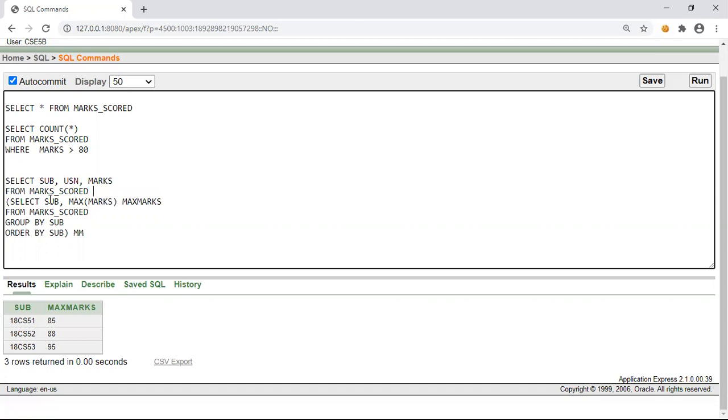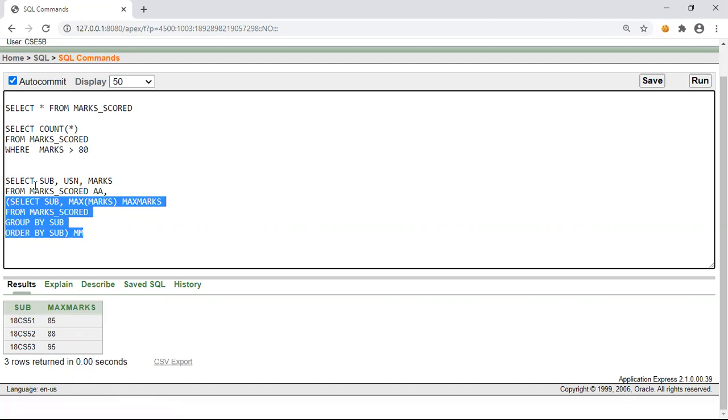So again we can specify an alias for this particular one. Now we are joining our original marks scored table and this one, that is a temporary table. So for a query, this temporary table acts as a second table. So in place of the second table, we'll be mentioning this particular query.